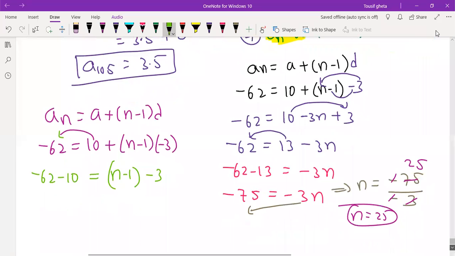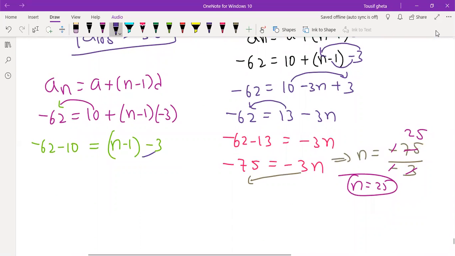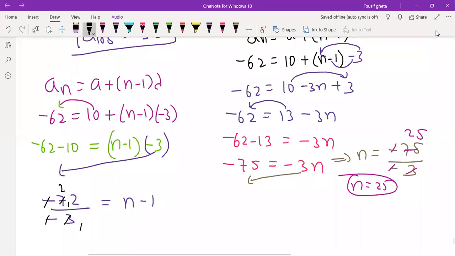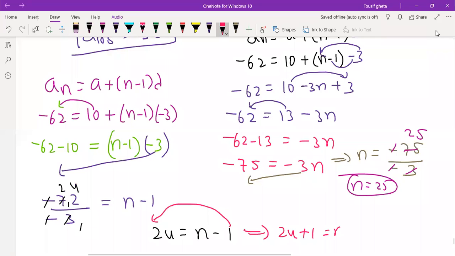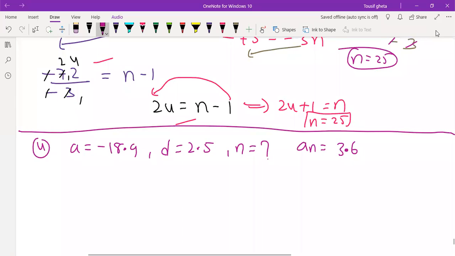What you can do here, this 3 is there, into is there, now you can cross here. You will get minus 72 by 3. So you can cancel minus, minus, and 3 twos are 6, 3 fours are 12, so you got 24 is equal to n minus 1. This one you take this side, so 24 plus 1 you will get, and n is equal to 25. This is another way to do it. If you don't want to multiply minus 3 into n and minus 3 ones are 3, then you can follow the cross multiplication method. Right, I will do it now.